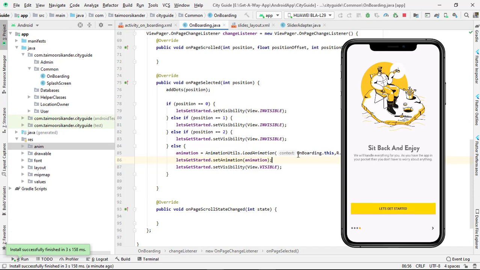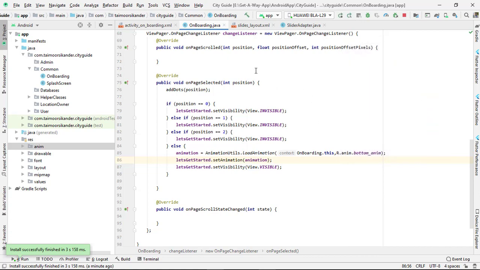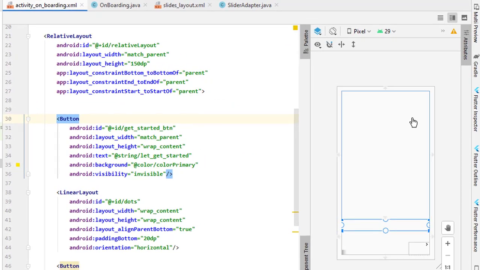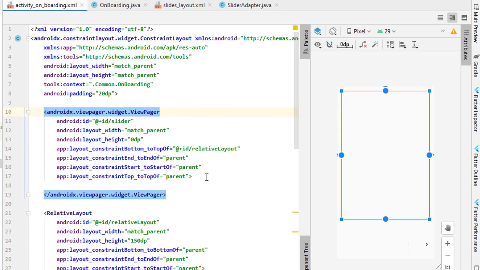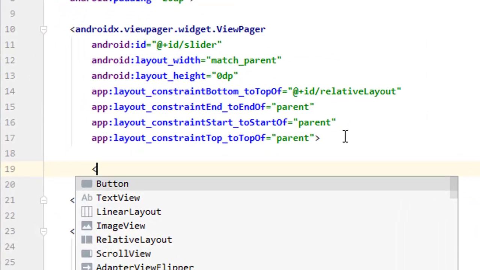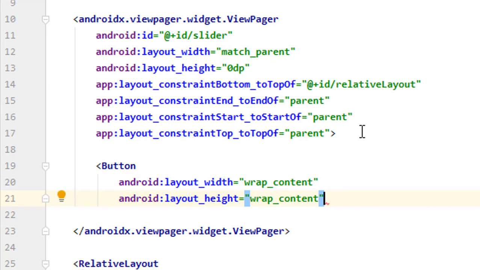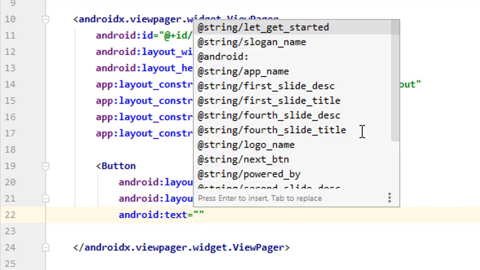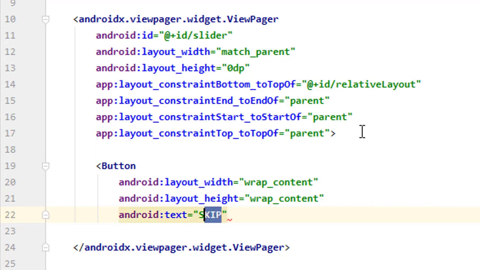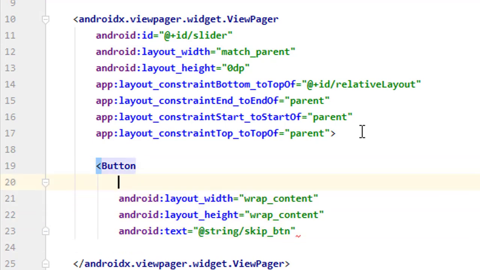So the next thing we want to do is add a button over at the top right corner, and we also want to make sure that this little dot should be clickable. To add the button, go to the design, and in here you can see we have a view pager, but after this view pager we want to create a button with wrap content, and its text will be skip. We have already used this skip button text. Then we want to assign its ID, and the ID will be